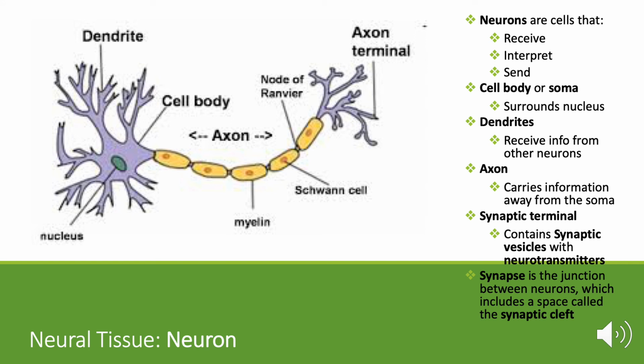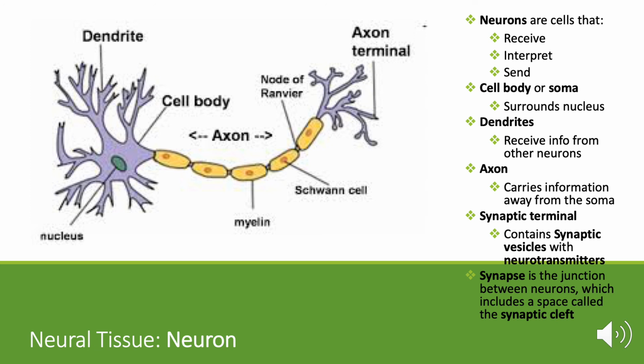The final tissue we will be covering is neural tissue. Neurons are the main contributor to this category and are the cells that receive, interpret, and send electrical signals throughout the body. The cell body, or soma, surrounds the nucleus and has dendrites entering it, which receive information from other neurons. Received signals from the dendrites then move down the axon, which is covered in myelin, all the way to